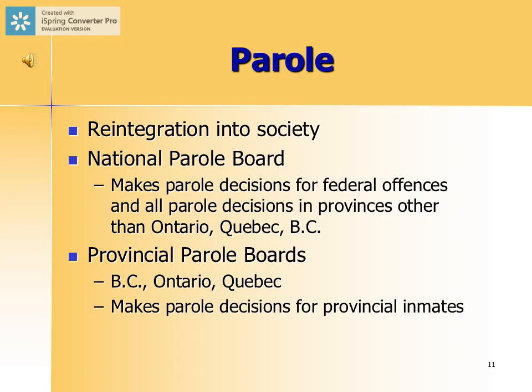The final branch of the criminal justice system we're going to talk about is the parole branch. And basically the parole branch is there to ensure that offenders are reintegrated back into society and that they're supervised while in society. So we need to make the distinction between parole and probation. Probation is an actual sentence that's handed down by a judge. So if someone is convicted of a crime and then given probation by a sentencing judge, that individual serves their entire sentence within the community.